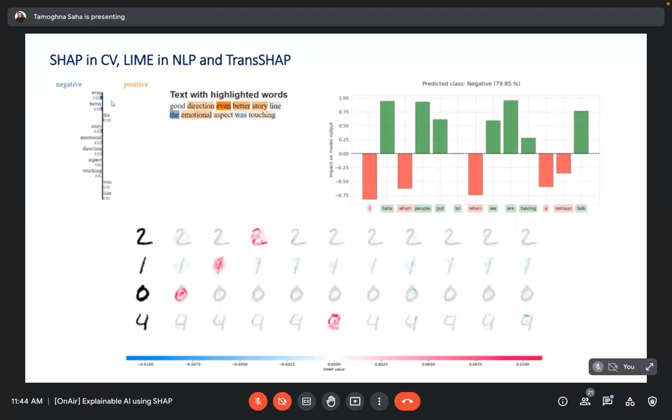Then there is another paper that got published last year, which is called TransSHAP. It's kind of an amalgamation or a blend of LIME and SHAP, and it tells you exactly how transformer-specific architecture models provide the explanatory outcome of a particular prediction. Here again, it's a sentiment analysis.